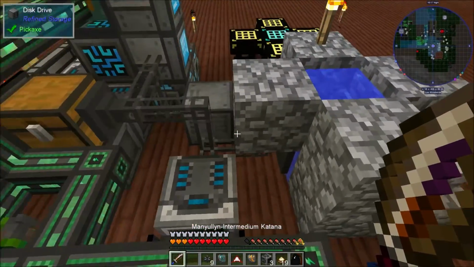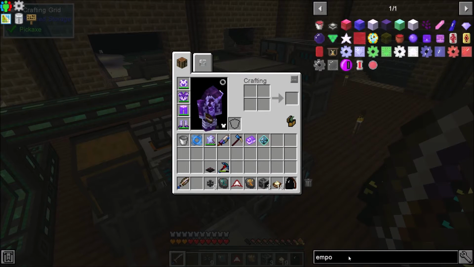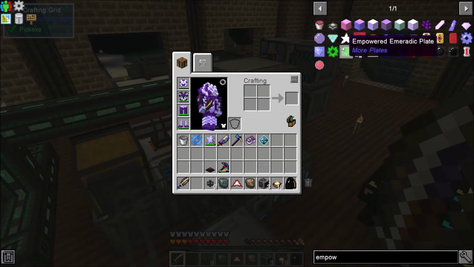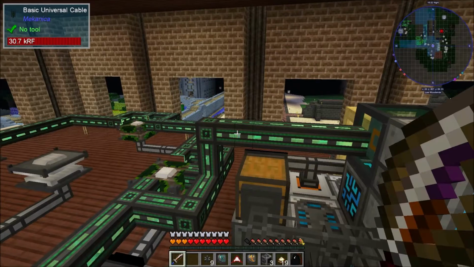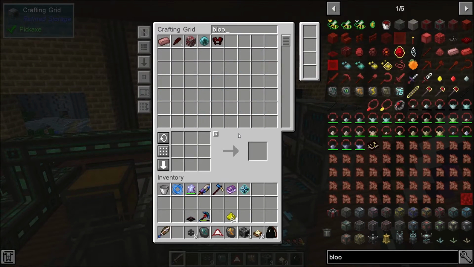And then what we're going to do is, let's take a look at the big ones that we needed right now, which was the Empowered Restonia and the Empowered Inori. So let's take a look at the Empowered Inori Crystal Block. This one is block of redstone, block of mana steel, inert blood iron ingot, and blood infused glowstone. Which, let's see, the blood...